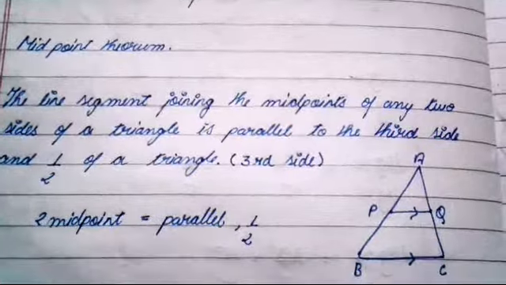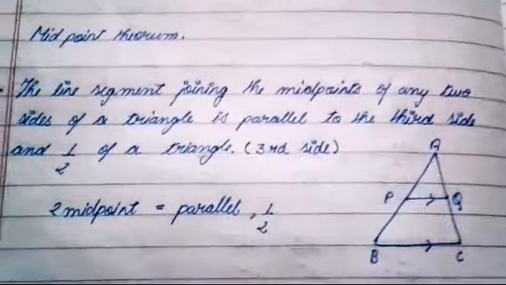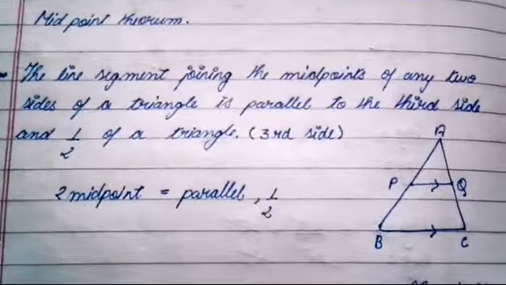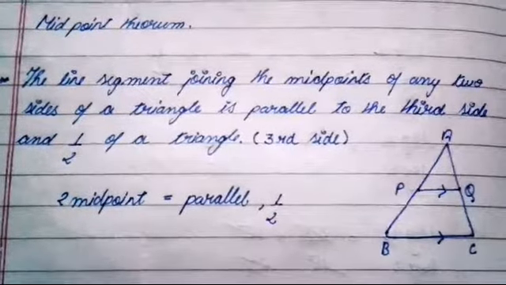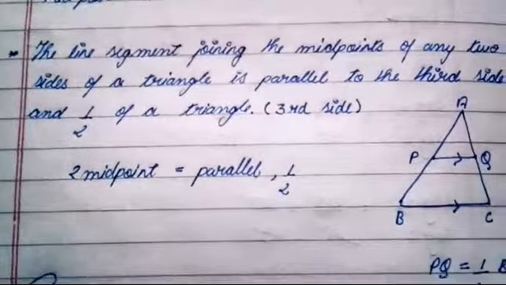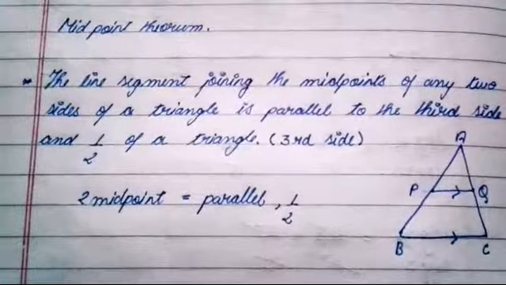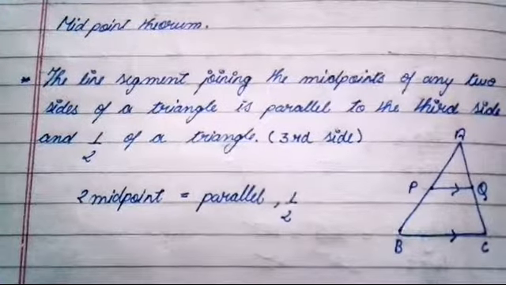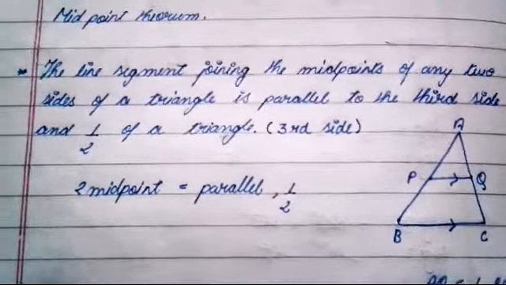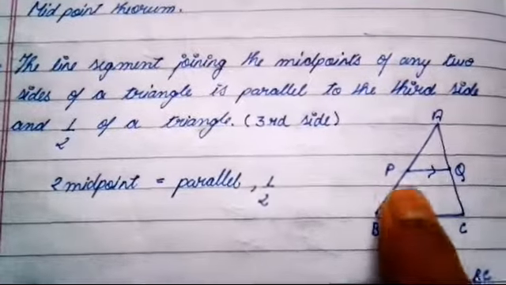So let's start it. There are three theorems on midpoint. The first is the midpoint theorem, which says a line segment joining the midpoints of any two sides of a triangle is parallel to the third side and half of the third side. It says that the line segment joining the